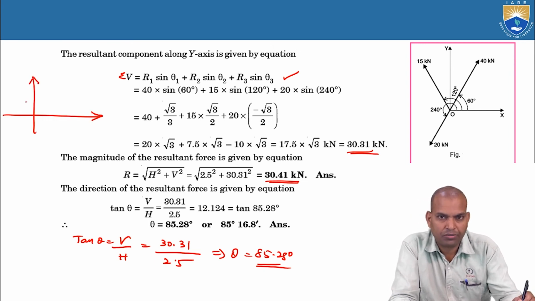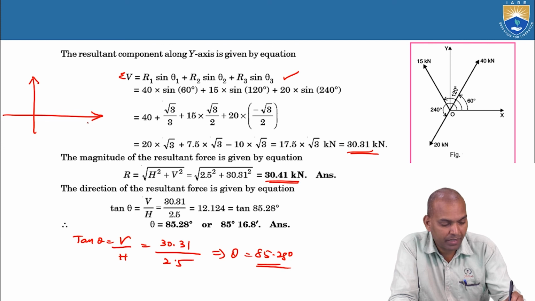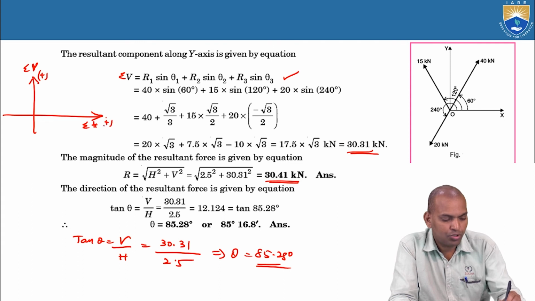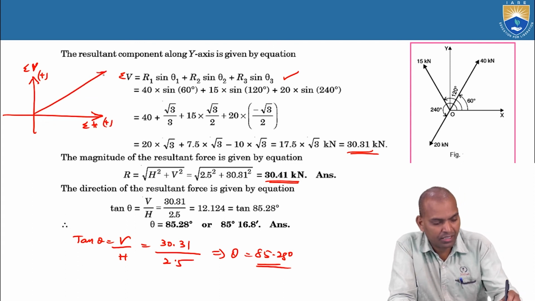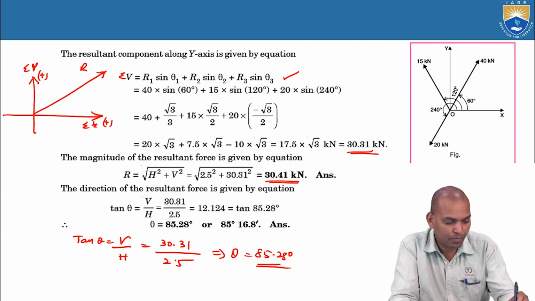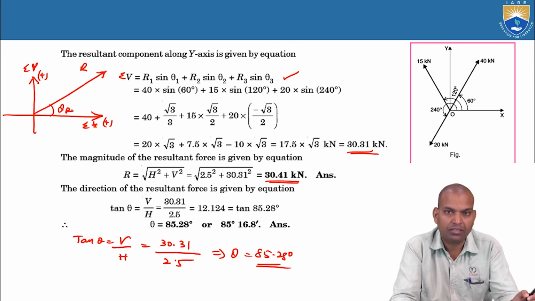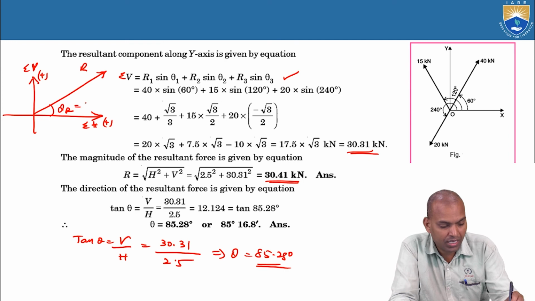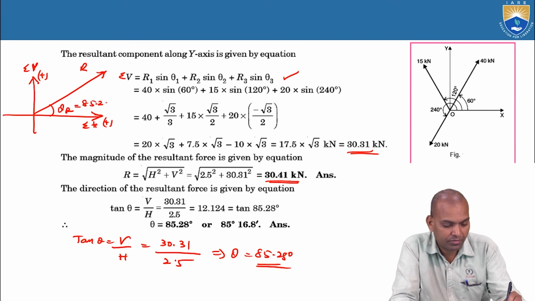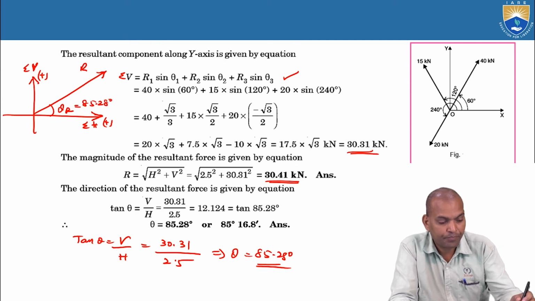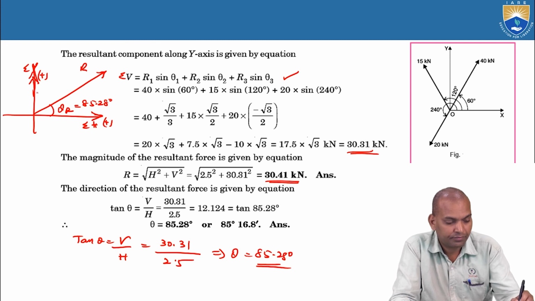The first quadrant. So the resultant force is making an angle theta R with the horizontal OX. Theta R is obtained as 85.28 degrees, in the first quadrant, and the resultant force R is 30.41